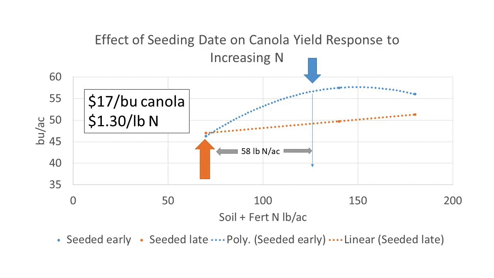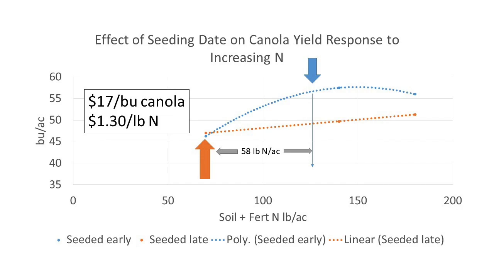You can see here how even a small variation in the position of the data points from the late-seeded canola could have made a difference in the response curve. It could have become more curvilinear and narrowed the difference between the most economic rates for the early and the late-seeded canola. We need more data points to really be comfortable with the response curves and to have more confidence in our interpretation. However, without putting a value on it, I am comfortable saying the late-seeded canola required less nitrogen.